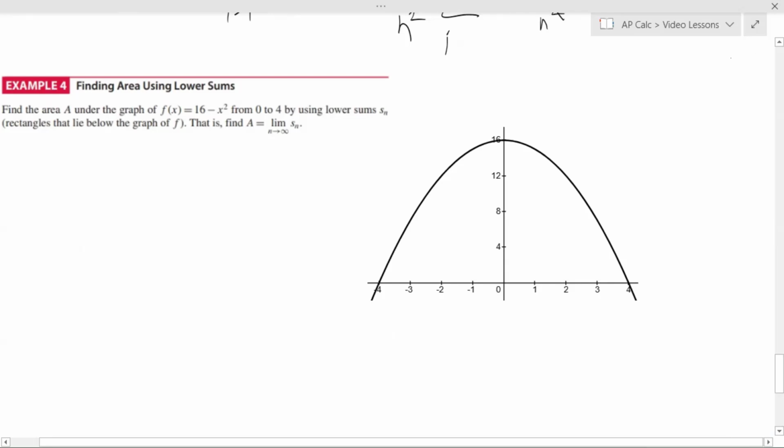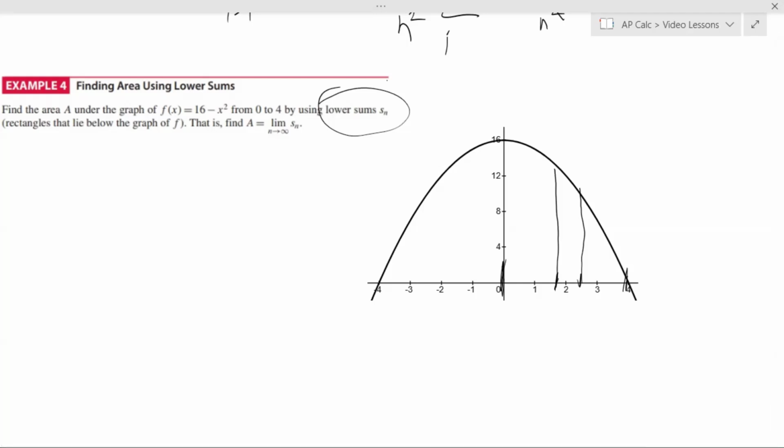Okay. Now I want to find the area under the graph of f of x equals 16 minus x squared from 0 to 4 by using lower sums, rectangles that lie below the graph of f. So I do have the whole graph here, but notice we're going to go from 0 to 4. If I just pick a random subinterval, go from like here to here, and draw vertical lines, I want to use lower sums, in other words, sums that are going to under approximate. So to do that on this portion of the graph, since it's decreasing, I would have to use the upper